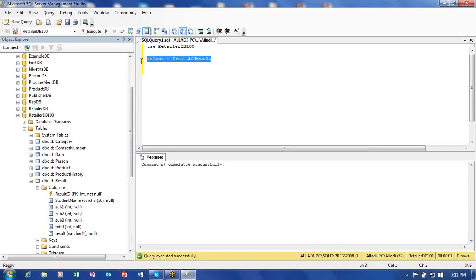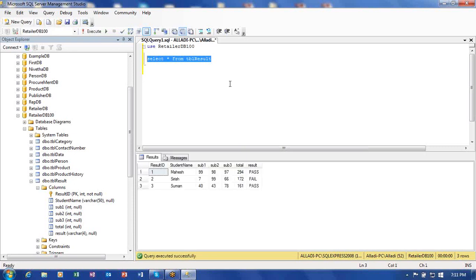So this shows data for us. Whatever data is available in this, it's going to be showing. So like this, I have written. In the same way, I can write like this also. I want to create a view for the table,